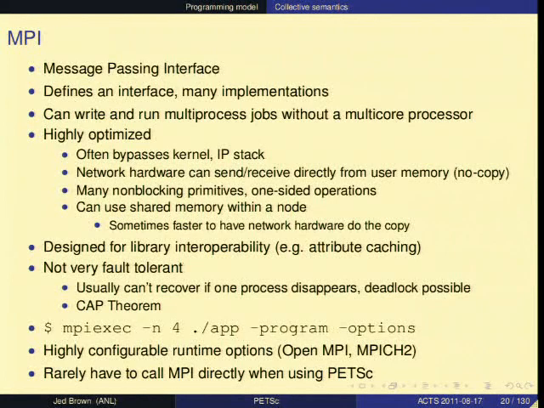The big downside of MPI, or generally of distributed memory programming with any system that can be very performant, is the fault tolerance. So currently, if one process goes down, the whole program crashes with MPI. So you can put lots of options into the mpiexec or whatever your batch submission system is. The popular implementations now have lots of runtime configuration, so you can get a lot of information about performance and tuning and such.